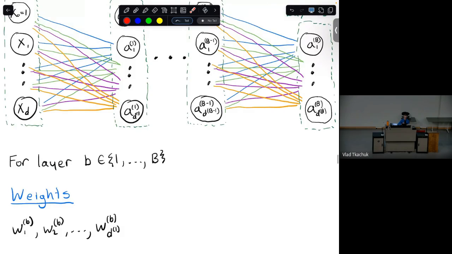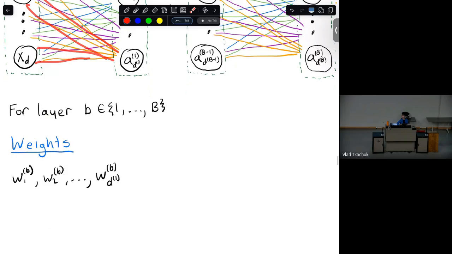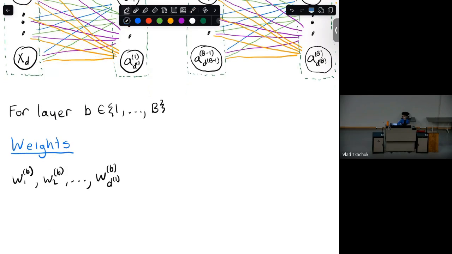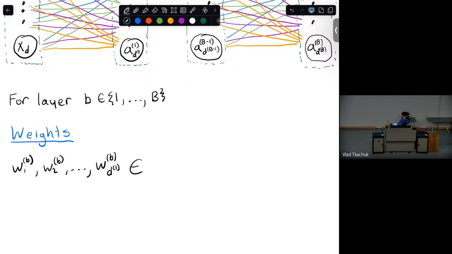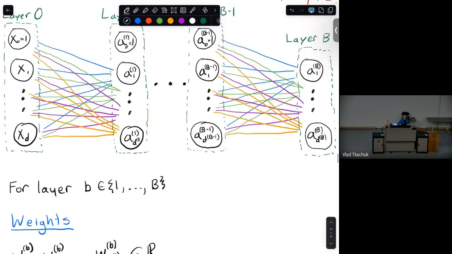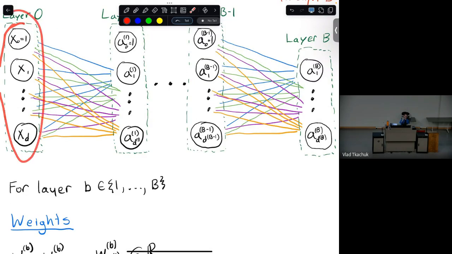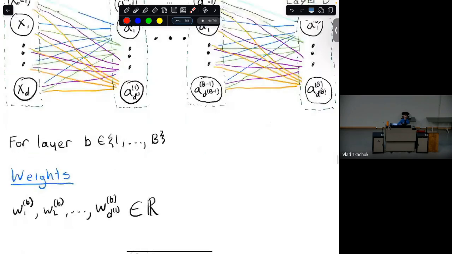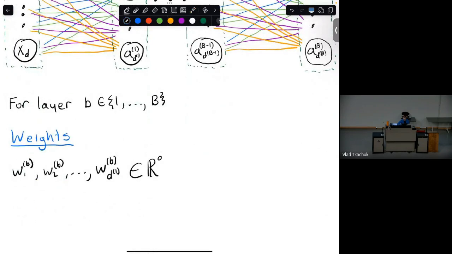So as many activations as there are, you need that many weight vectors. Each one is connected to every previous neuron, and so on. So there are a lot of weight vectors. What is the dimension of each one of these? Each one needs a dot product applied to the previous layer, so they should be the same dimension as the previous layer. That would be D of dimension B minus 1.